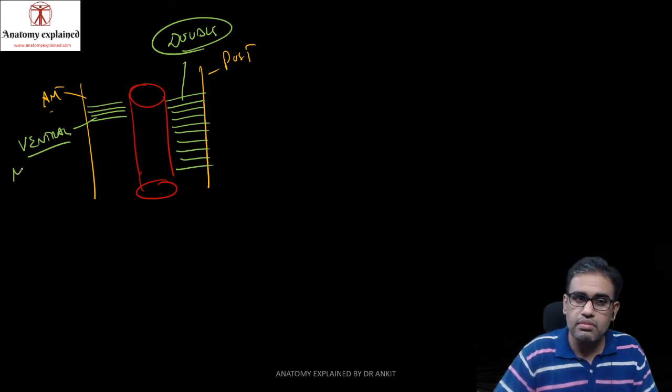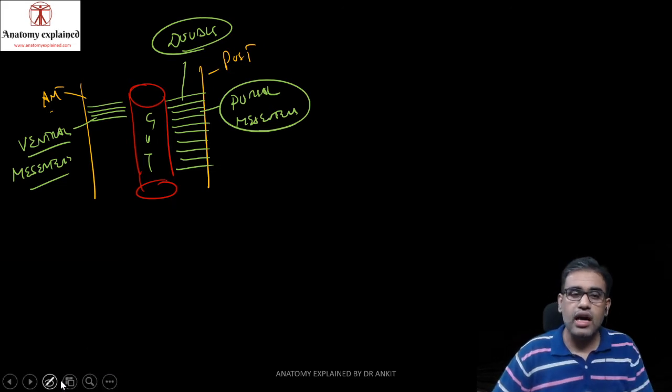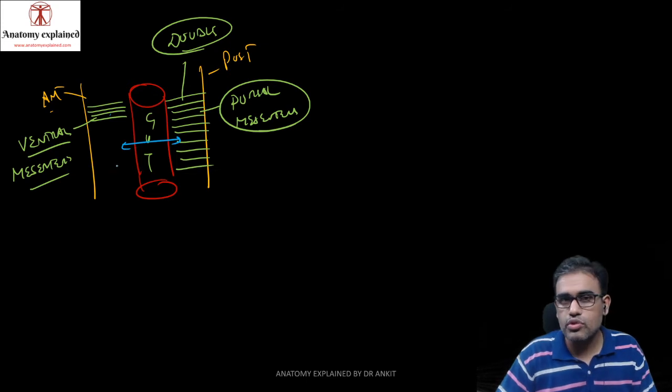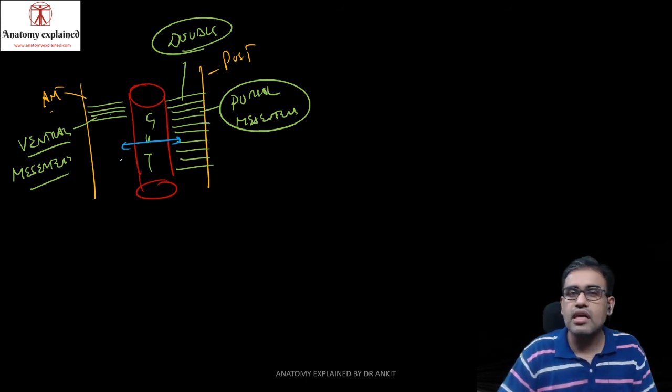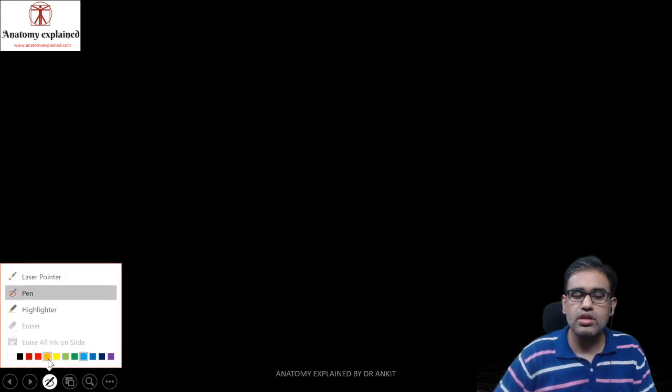Over here we call it a mesogastrium, or just meanwhile we talk of the mesentery. And this whole double layered fold of peritoneum connecting the gut to the posterior abdominal wall will be known as the dorsal mesentery. Now let us understand how it is functioning. To understand how it is functioning, we need to take a TS from here to understand the basics of it. That is a transverse section.